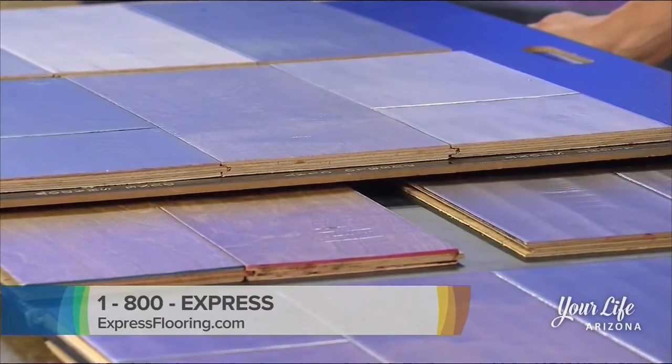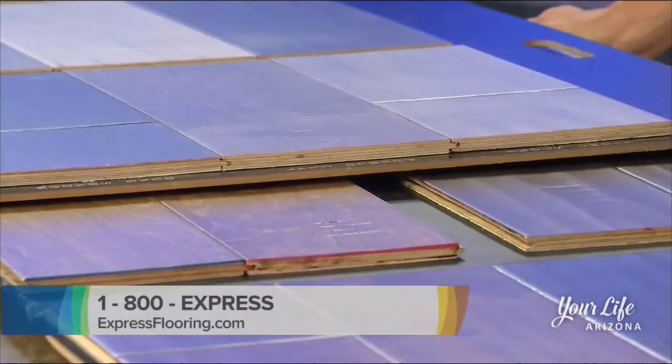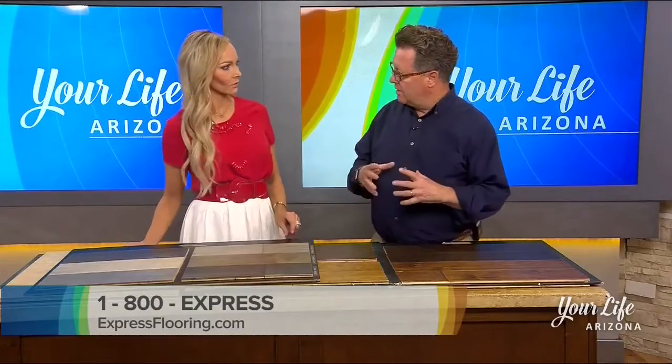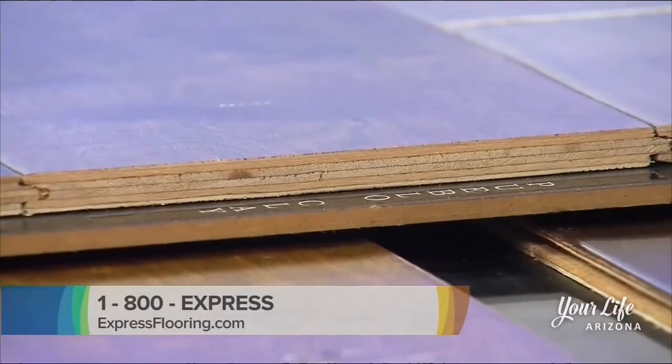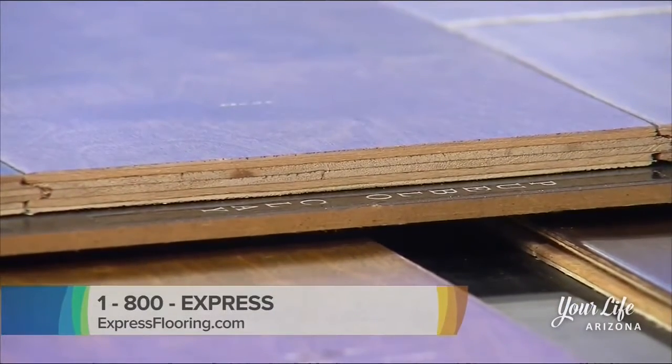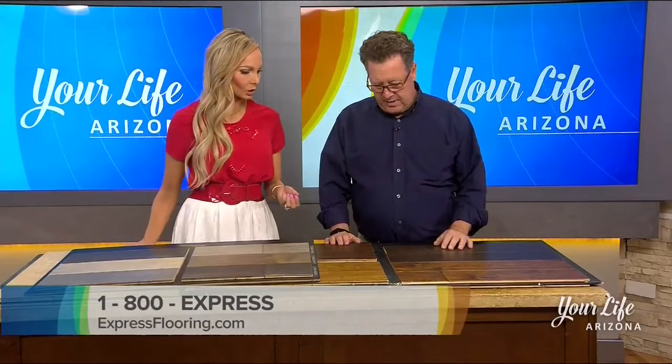An important thing to look for is that some woods out there have a core inside of fiberboard. You don't want to use those kinds of woods because that fiberboard gets wet and then it'll swell. We want wood all the way through, and that's what these are. So what sort of things should we avoid other than that? Well, the other thing is the wear